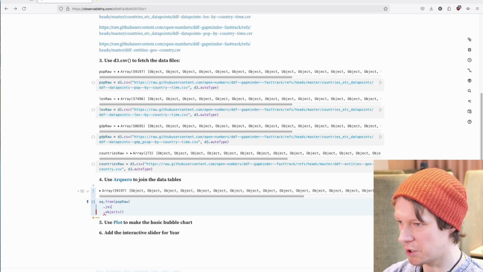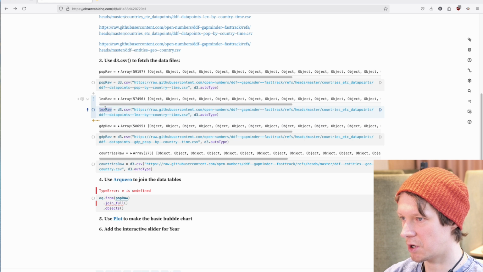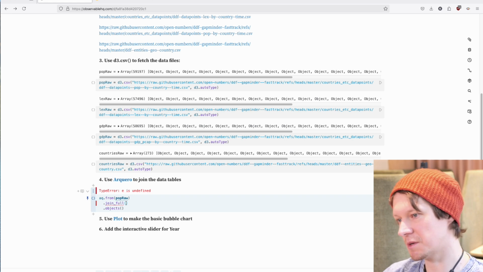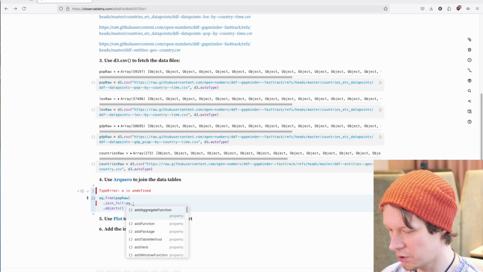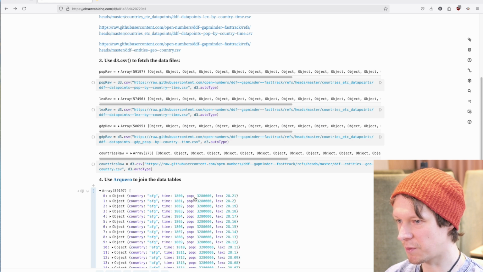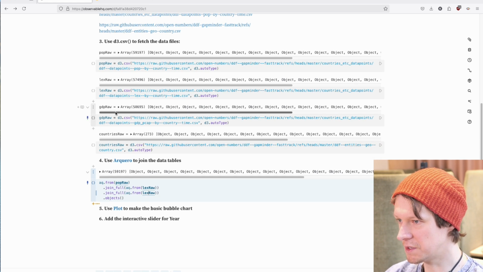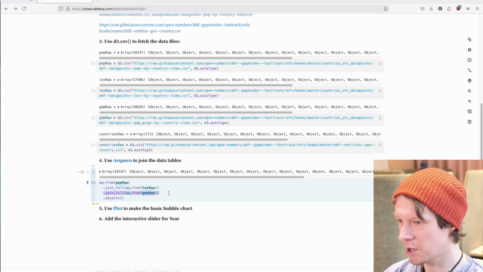For that we will be using join full, and this means the full outer join. In other words, it will join it such that it won't lose any items from any of the data tables. If an item is missing in one of the data tables, then we will still have it in the list. Here we need to create another Arquero table, so aq.from, and then we do our life expectancy table. So see, we have population now and life expectancy, so that's nice. We will then make one more of these for the GDP data that we have. So now we have population, life expectancy, GDP per capita, and finally we will join